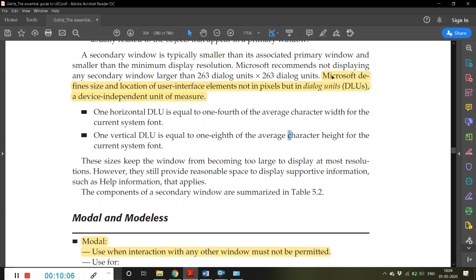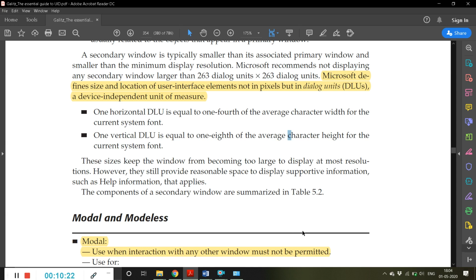So Microsoft recommends that the size of a secondary window should not be larger than 263 dialog units by 263 dialog units, from here to here and here to here.